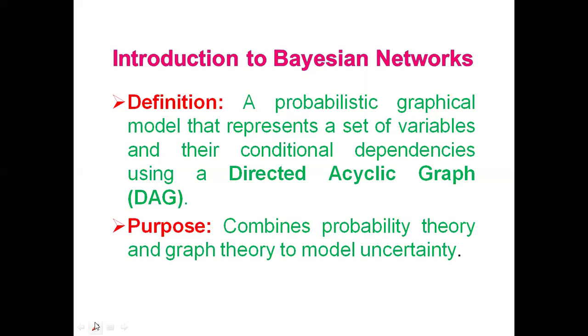DAG represents a directed acyclic graph. It is used to represent a set of random variables and their conditional dependencies. Each node in the graph represents a variable and the directed edges show how one variable influences another. The primary purpose of this DAG, that is the directed acyclic graph of a Bayesian network, is to combine two theories, probability theory and graph theory,